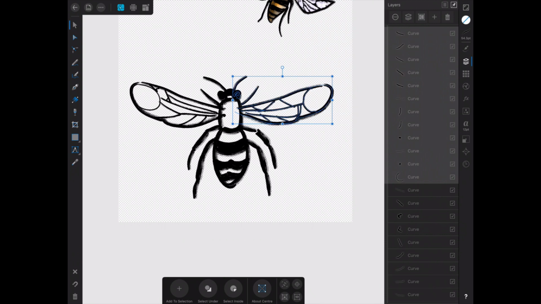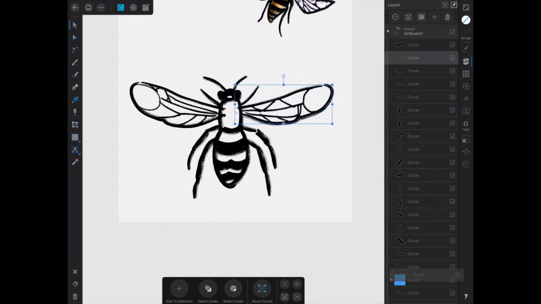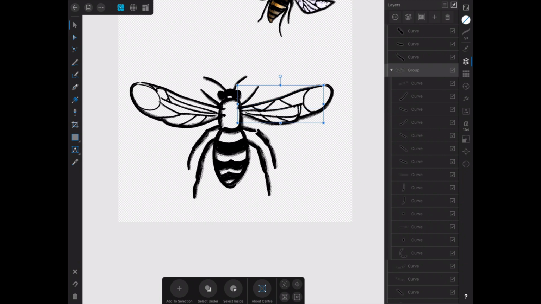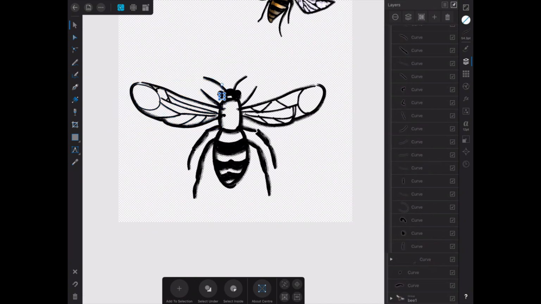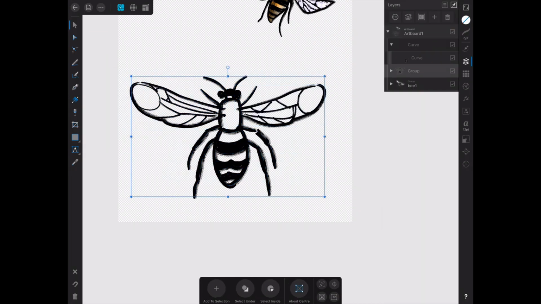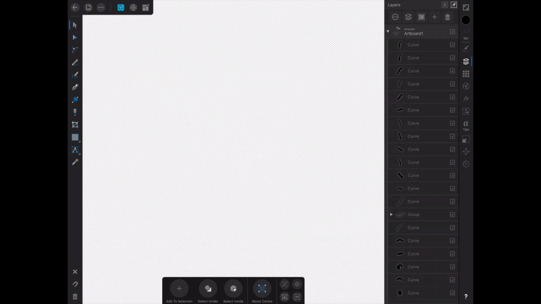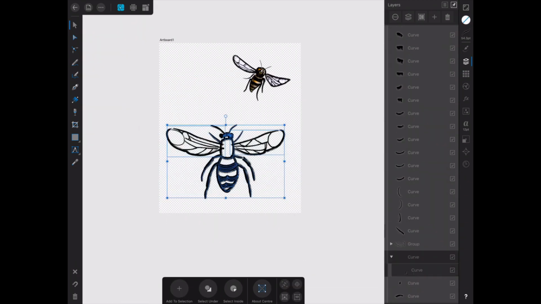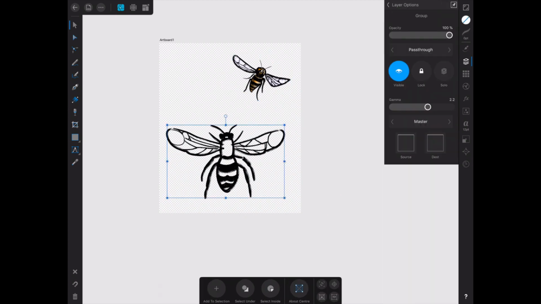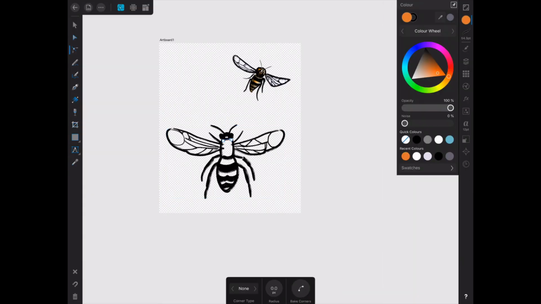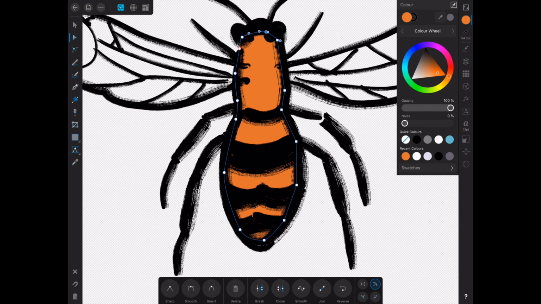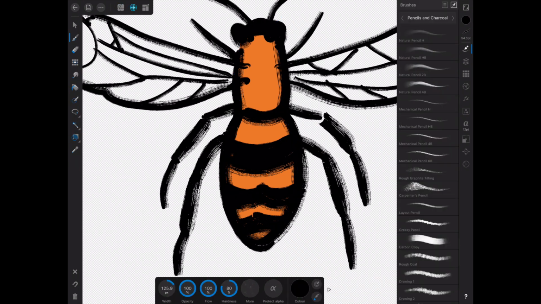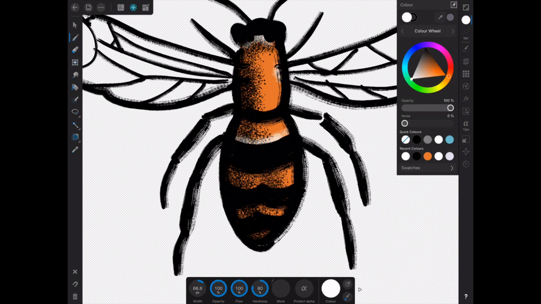Again, once I've got this bee exactly how I want, I draw a box around the old bee, and I will select all of the shapes and then group them together. I did actually make groups of the 2 wings so I could work on them independently, but there we go. I've grouped them all together. So now I have my second bee, and I am going to colour that in exactly the same as I did the first. I'm going to draw a shape at the bottom of the stack, fill that in with an orange, and then use the textured paint in the paint persona